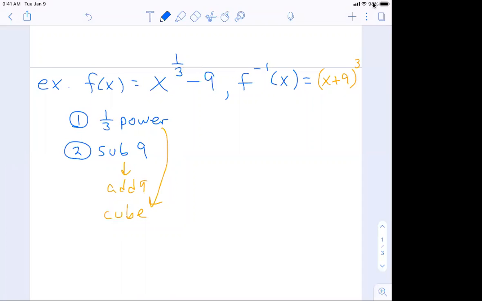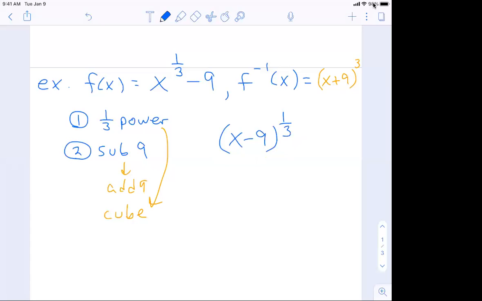Regarding that one, what if the x minus 9 is internal and the power of 3 is external? Would we still add 9 and then cube it? So say if it was x minus 9 in parentheses to the 1/3. Like this? Yeah. So then the order would be different, because to find the inverse of this one,